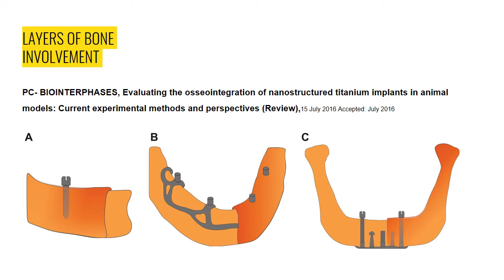Picture C refers to transosseous implants. The name itself suggests it goes through and through the bone. As you can see, it enters the bone from one side and reveals itself in the oral cavity on the other side. But it is an extensive surgical procedure, and this kind of implant is not at all available in orthodontic practice. But yes, to some extent, some prosthodontic implants are available in this type.